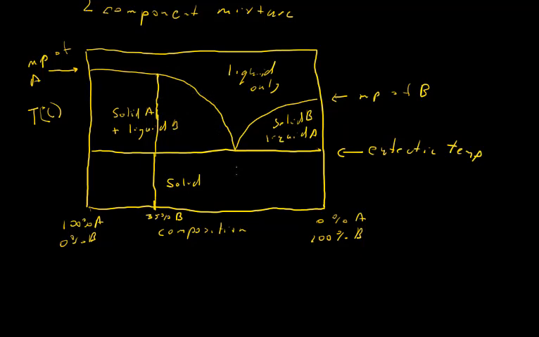One more important feature of this diagram is this point right here. That point is known as the eutectic point. So you'll note that if you're at the eutectic point, the eutectic composition is the composition that corresponds to the eutectic point, and you increase the temperature here, once you reach the eutectic temperature, you get a very sharp melting point. That is, if you go beyond this, you have liquid only. So it's possible to have a mixture, a very impure mixture, that has a very sharp melting range,